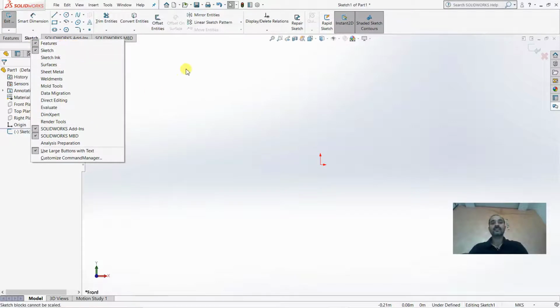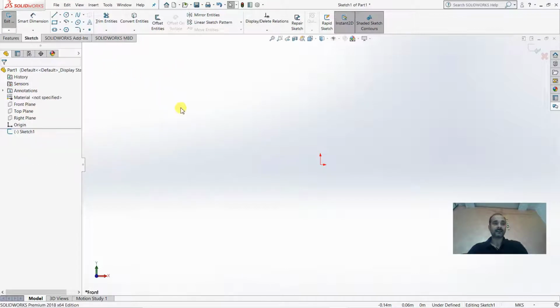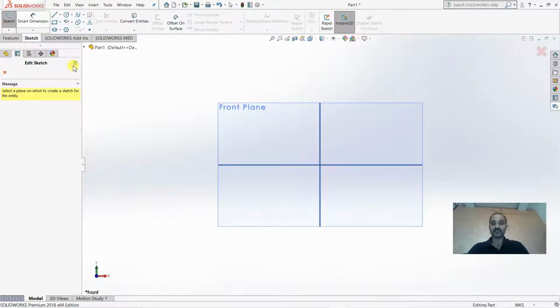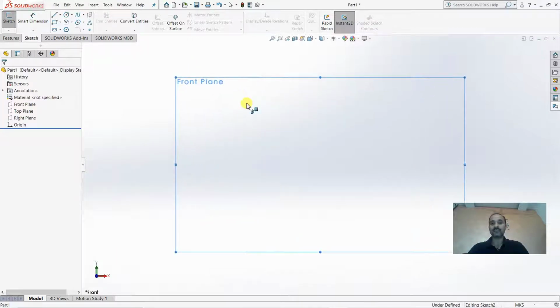All these interfaces use sketching. After selecting the plane, you will get sketch here, exit sketch here. If you exit the sketch, it means you are out of the sketching interface, so you have to enter the sketching interface to start sketching. If I click on sketch again, then once again the plane selector will be available. I will select the front plane.